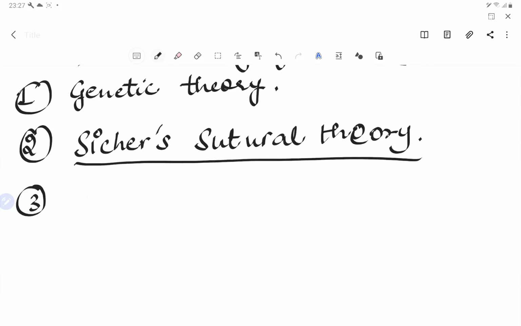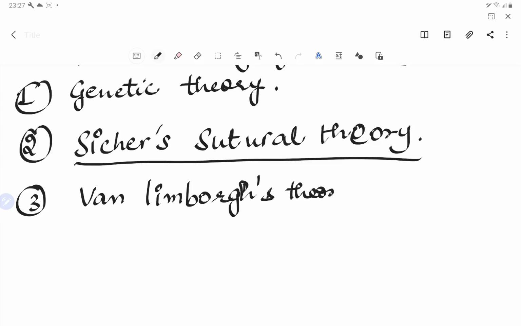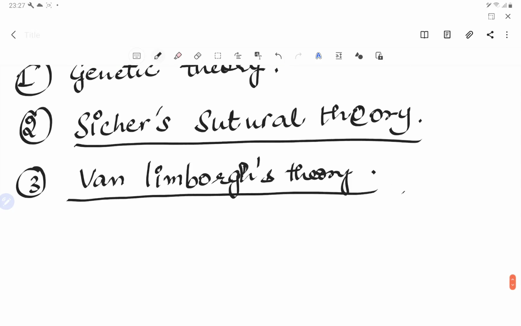So the third theory is the Van Limborg theory. So it is not Lamborghini. So Van Limborg's theory, and according to this theory, it is actually a multifactorial theory which combines all the three theories together. So it states that growth is under the control of intrinsic genetic as well as epigenetic, and also the environmental factors are responsible for the growth. And the fourth one is the cartilaginous theory, which was given by